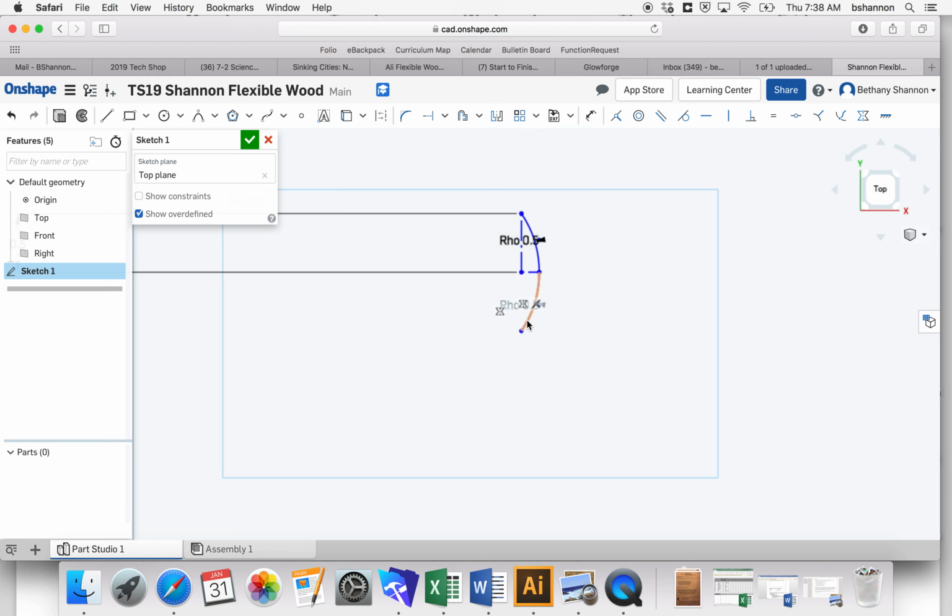Now I've got 1/2 of my shape, and I want to flip it over to the other side. So I'll check my mirror tool, select a mirror line, and these are the 2 entities I want to be mirrored. Now I've got a closed shape. You'll notice that when the shape is fully closed, it will darken to that light gray. So I know I've got it. All right. Then